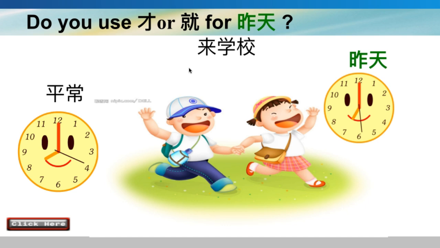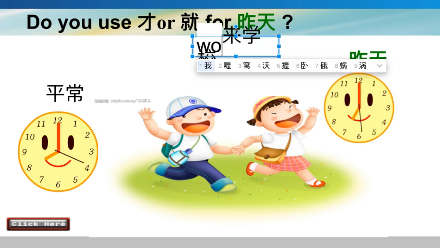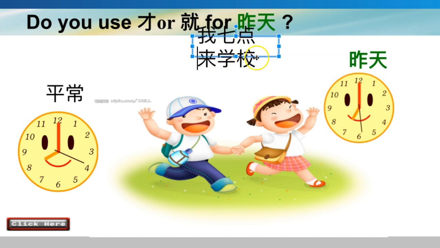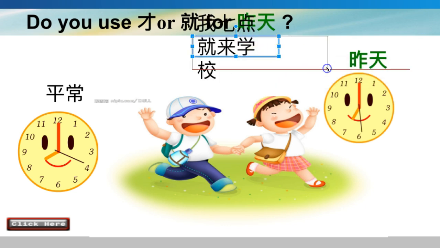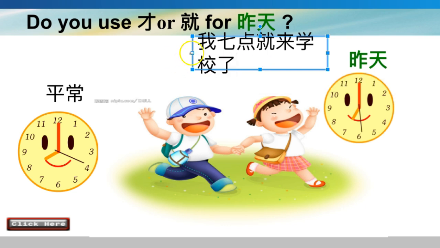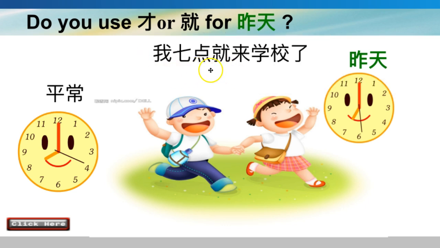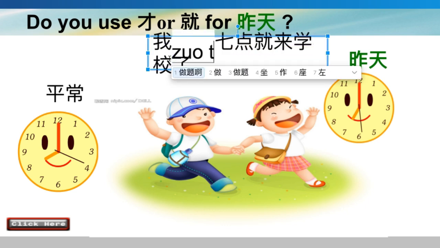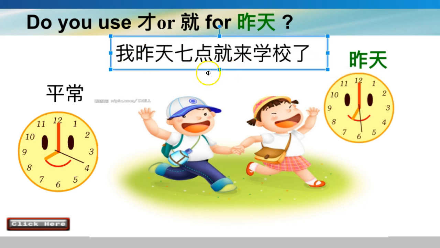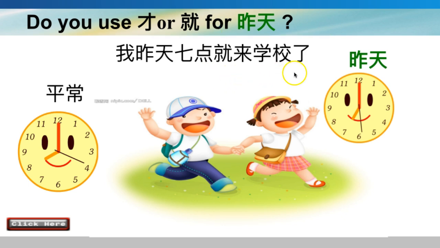And that is the difference between 就 and 才。我昨天7点就来学校了。And again, we have the 了 at the end, so it would be 我7点就来学校了。我昨天7点就来学校了。